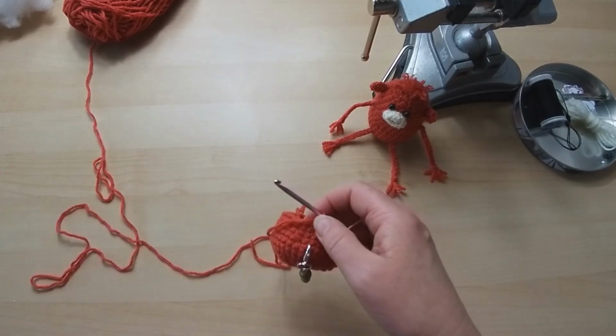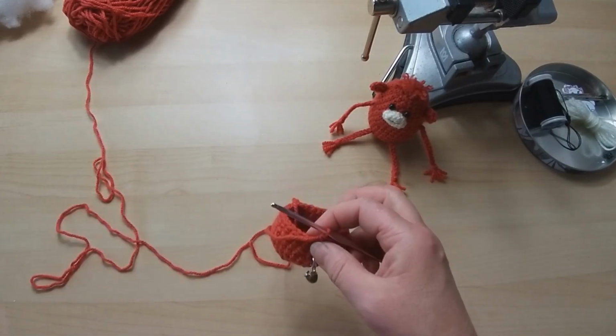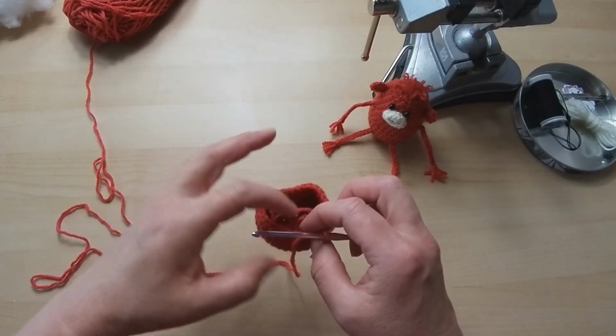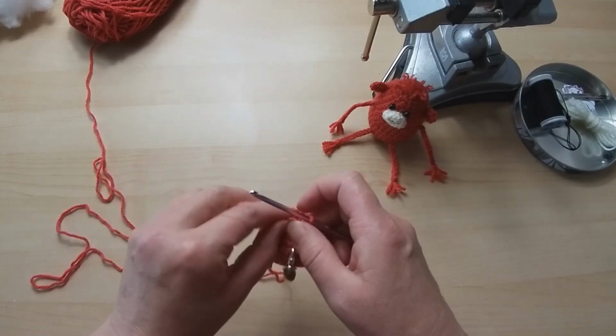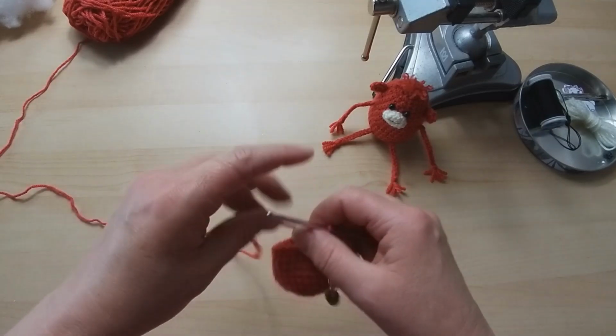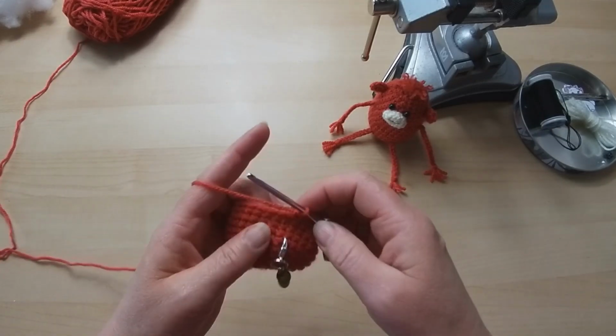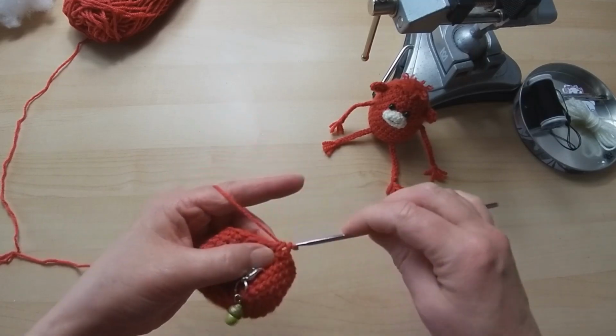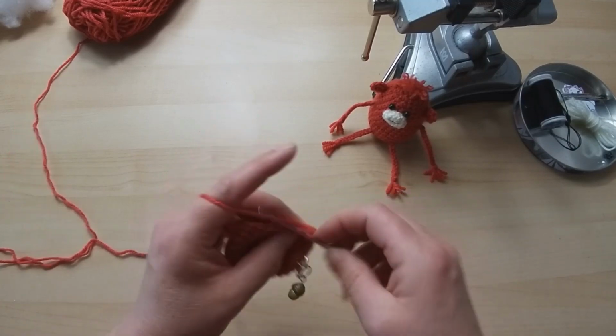We're now going to do a decrease round again, and it's going to be 4 decreases equally around. I'm going to tuck that out of the way, it annoys me. So it's very similar to last time, but this time we're going to do 2 together, then 5 double crochets. So 2 together, then 1, 2, 3, 4, 5. So off we go. So remember, if you've got 3 on the hook, pull through all 3, and then we want 5 this time. 1,